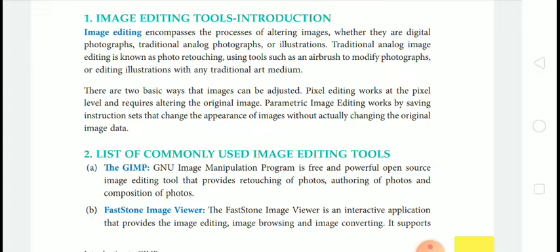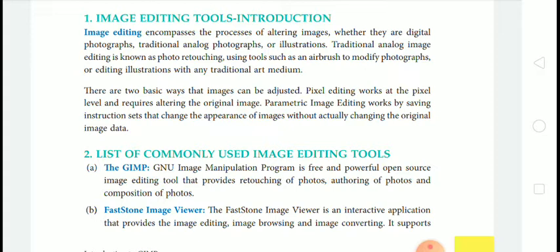Image editing encompasses the process of altering images, whether they are digital photographs, traditional analog photographs, or illustrations. Means, with the help of editing software, we can alter, means make changes in the image, whether they are digital, traditional analog photographs, or illustrations.